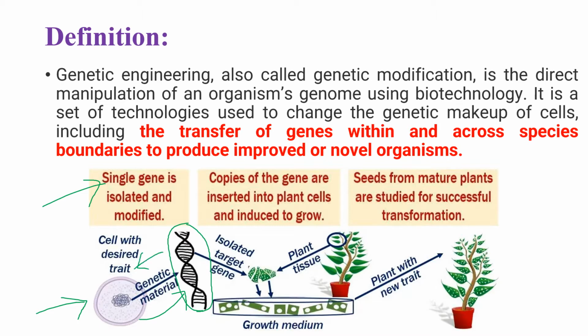Now this isolated gene is then inserted into a host organism or a plant in which we wanted to insert that particular gene, and these explants or plant parts were then grown in a growth medium, and from these small explants which were genetically transformed,